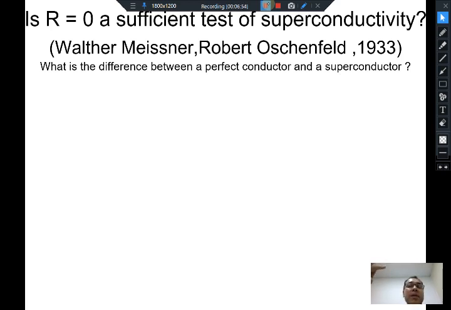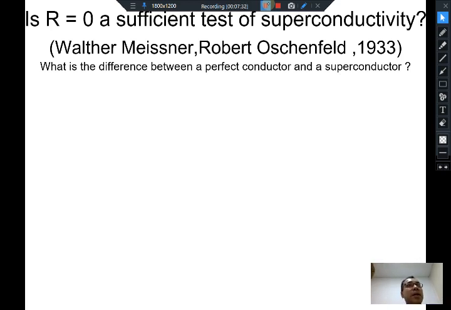Is that what is happening when the material becomes superconducting? Is it becoming an ideal conductor, a perfect conductor? That is the typical question that was asked. Is it that you are just going from a normal metal into a perfect conductor? Is that superconductivity? Or is there something else happening in the system, something very different, that it is not just a finite resistance metal becoming a zero resistance metal, namely a perfect ideal conductor?